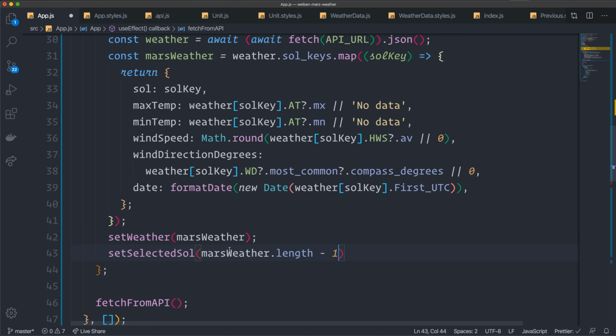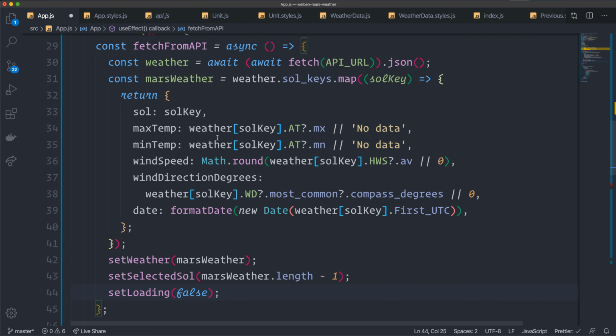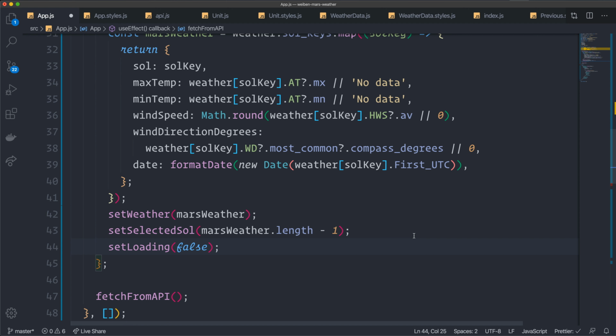I want to set it to the last one in the array to get the latest weather. And then we set loading to false because we're not loading anymore. And I'm not doing any error handling here. And you probably should do that, but for this tutorial, I left it out so it won't get too long